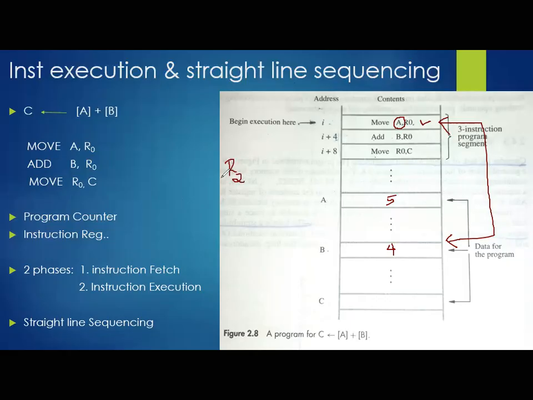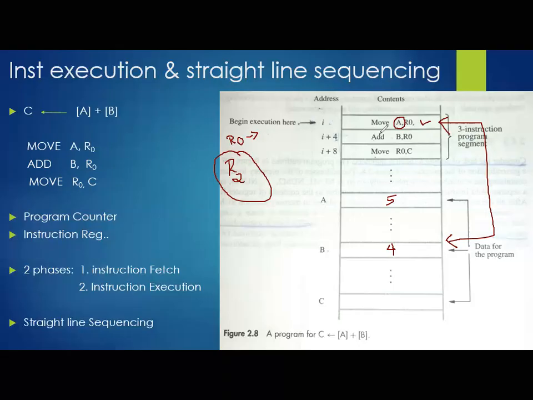If the processor wants, it can use R2, R1, or any general purpose register, except the destination register. Remember, R0 is reserved in this particular instruction, so we cannot utilize R0. Apart from R0, your processor can utilize any other general purpose register to hold the source operand temporarily.